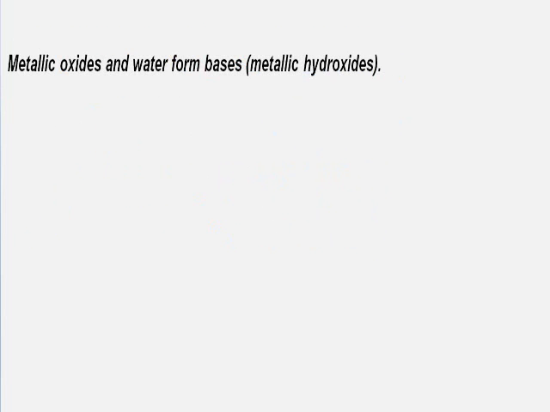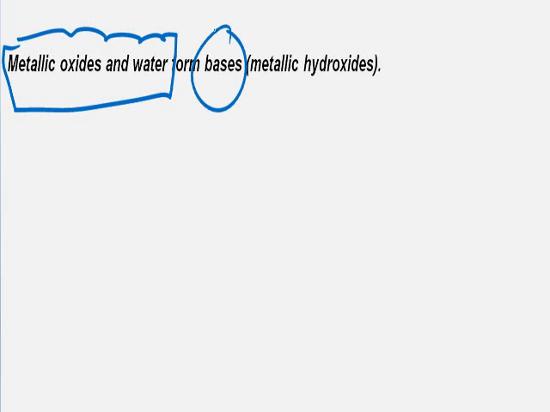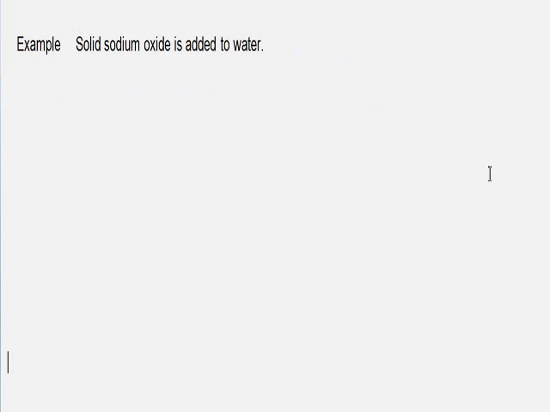Our next combination reaction is we have metallic oxides. Metallic oxides will combine with water and form bases. Specifically, we'd say they are metallic hydroxides would be our bases. Our first example, we have sodium oxide. Now, sodium is a 1 plus ion, oxide's a 2 minus, so the formula of this would be Na2O, would be